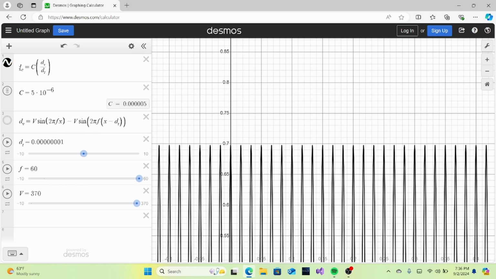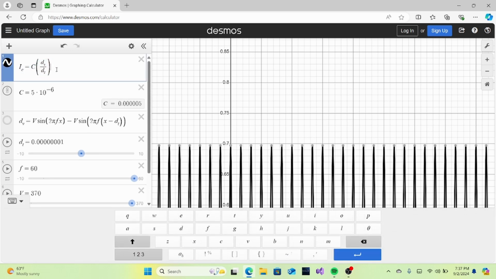So IC equals C times dV over dt. Write that one on your heart. Don't forget it, because it is very important and it describes everything about a capacitor. It doesn't matter if it's AC, DC, whatever, this equation will always be true for an ideal capacitor. Now I'll end the video here and I'll go to my phone and film something